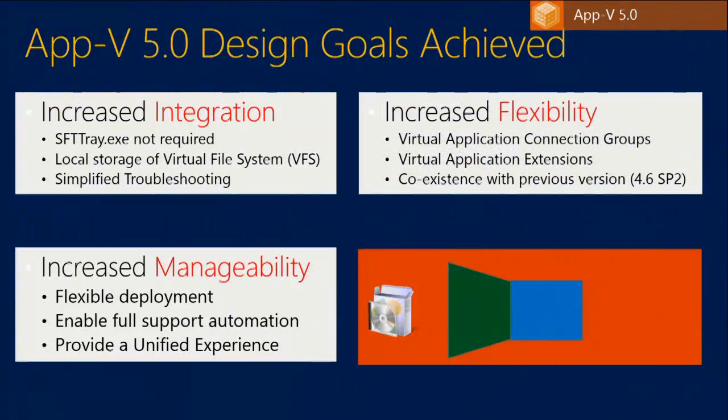All right, so in terms of what we're specifically addressing with AppV, right? So we're now with AppV 5.0, so the actual file system of the application changed, so no more SFT tray. We're talking about the actual virtual file system has changed, so we don't have to have a Q drive anymore. We're looking at the user versus global publication of the applications, so we can actually specify specific users that will be addressed with the application and will not be available to the other users on that particular endpoint, or make it available to all of those on that particular endpoint.